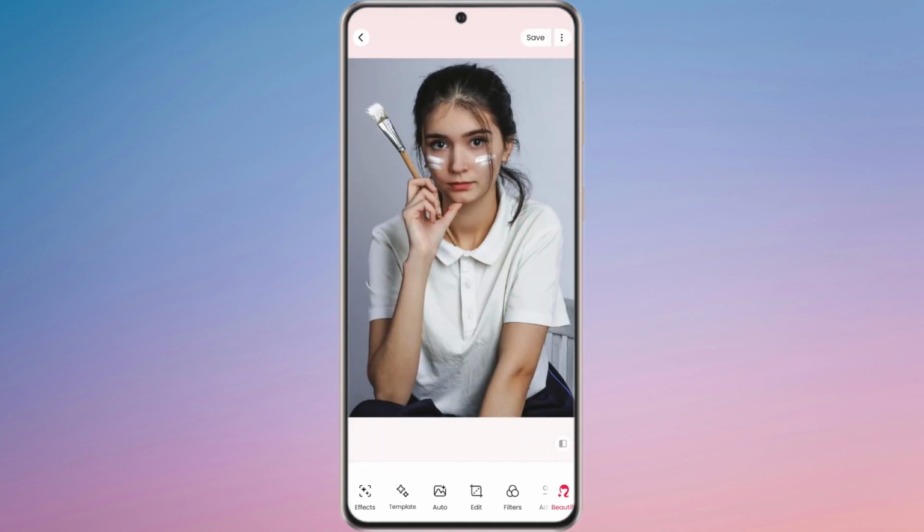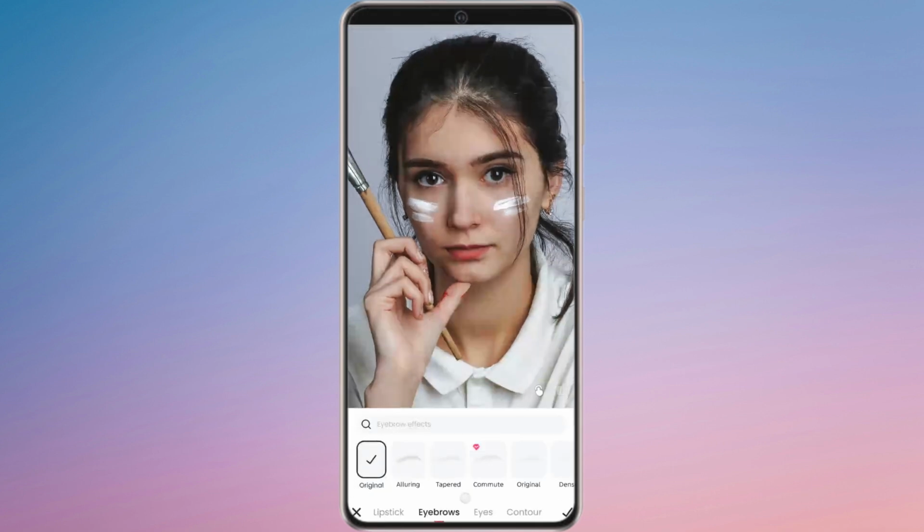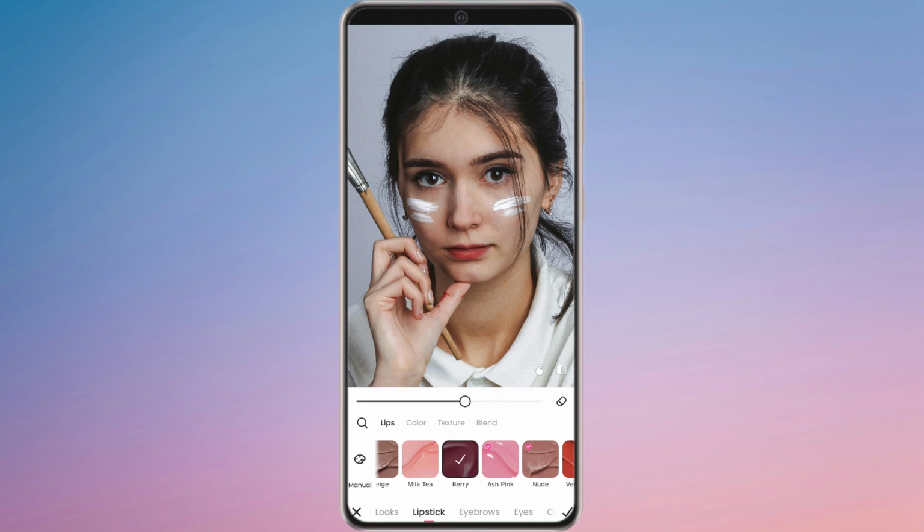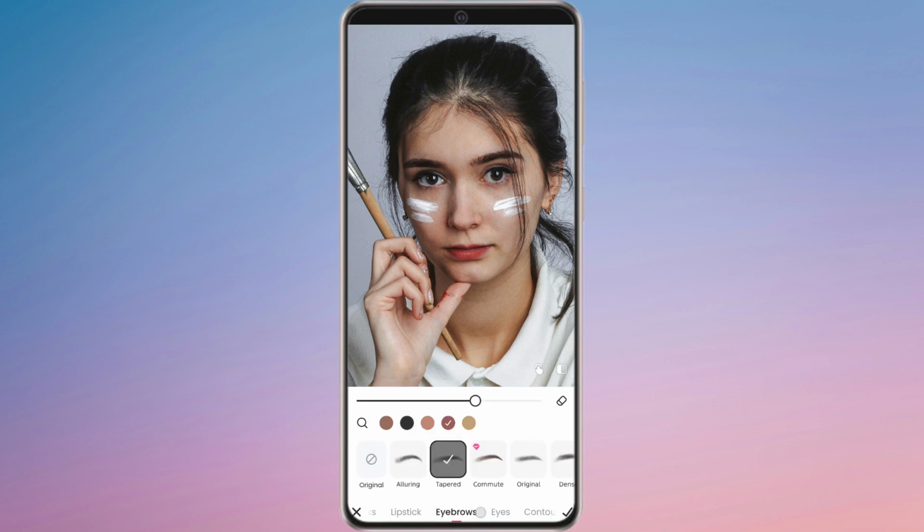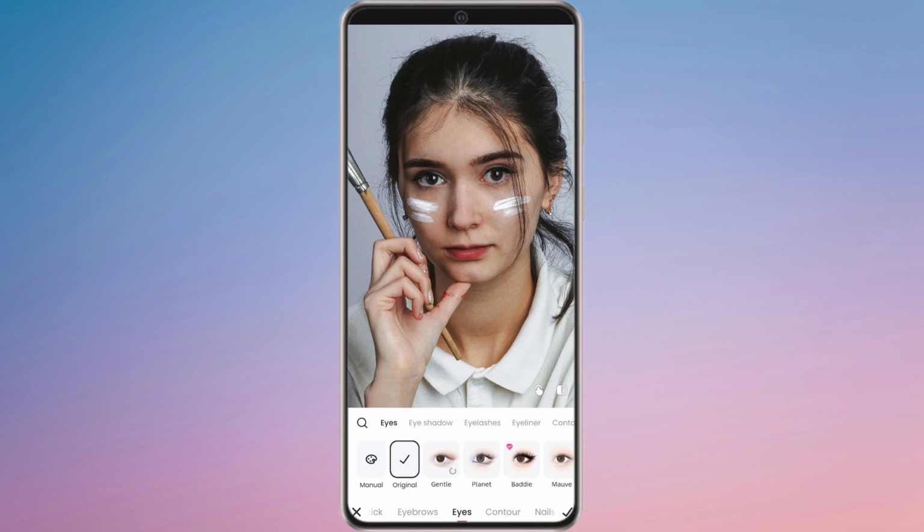Once your photo opens in the editing interface, tap on the Beautify section, then select the Makeup tool. Here you can browse through a variety of makeup styles including lipstick, eyeshadow, blush and eyeliner. Tap on the makeup style you like and adjust the intensity using the sliders to achieve a natural and polished